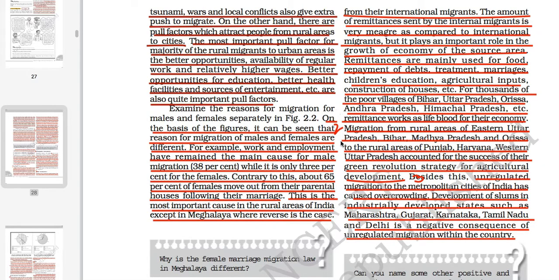The second one is migration from rural areas of eastern Uttar Pradesh, Bihar, Madhya Pradesh, and Odisha. The second region of this migration is the Green Revolution, meaning the migrants from the